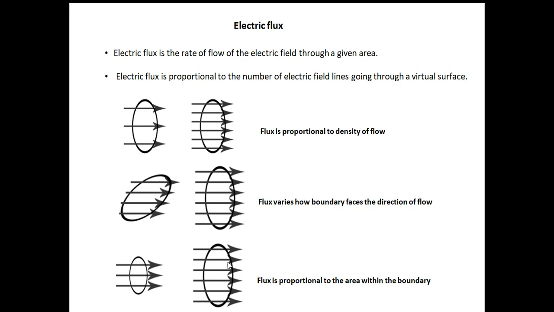So now understand this: the electric field is basically perceived as the flux. I can't see the electric field, and I also can't see the electric flux. But what I can do is very easily calculate them. The concept may be very difficult, but understand one thing, the calculation is very easy. So if I want to calculate the electric field, one way is to understand the electric flux. And this electric flux will be very, very crucial as we are going to use Gauss's law.